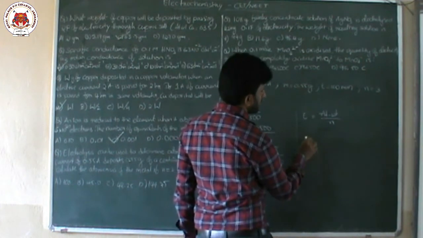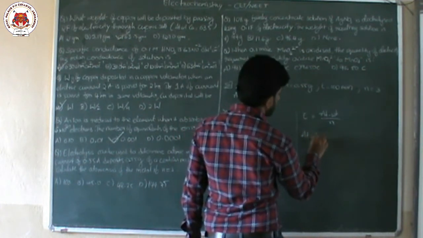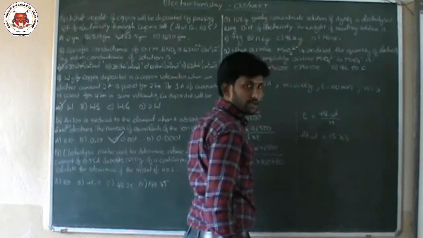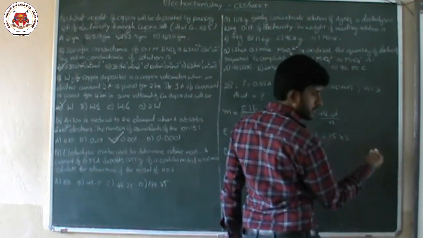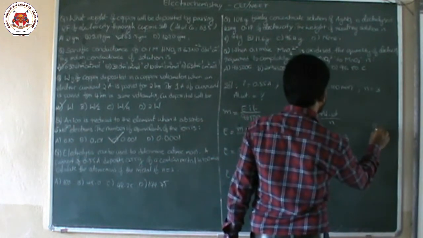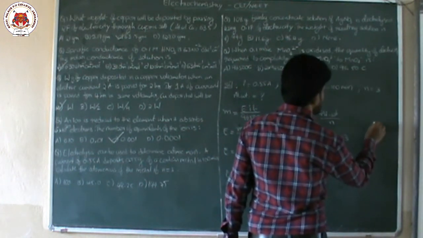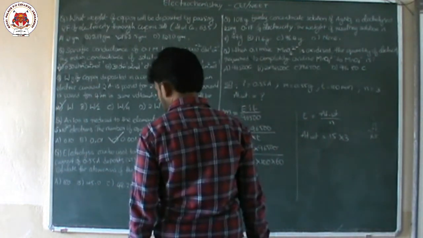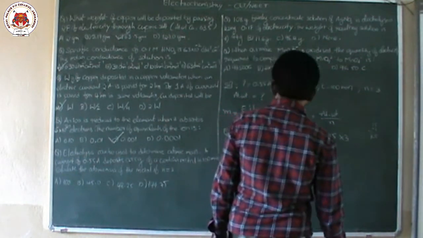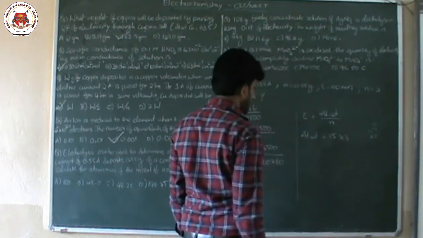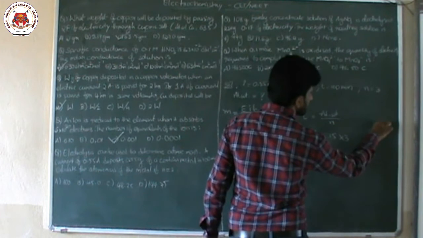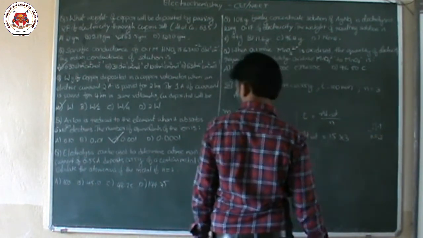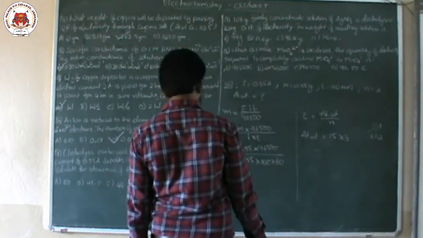Equivalent weight is 15.1. That means now atomic weight should be equal to 15 into 3. Okay? So 15.1 or 15 I am taking. So 15 into 3 is 45. Now since I have taken all these values roughly, if I take 15.1, then it will become 45.3. Okay? 45.3.